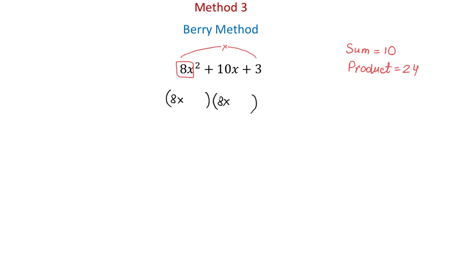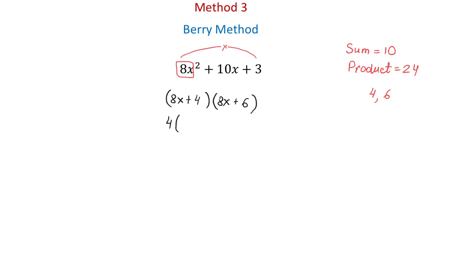Two numbers whose sum is 10 and the product is 24 are 4 and 6, because 4 plus 6 is 10 and 4 times 6 is 24. So these are the numbers that we will write inside the parenthesis. In one parenthesis we will write plus 4, in another parenthesis plus 6. Now in each parenthesis we will factor out the greatest common factor. In the first parenthesis, the greatest common factor is 4. So factor out 4,